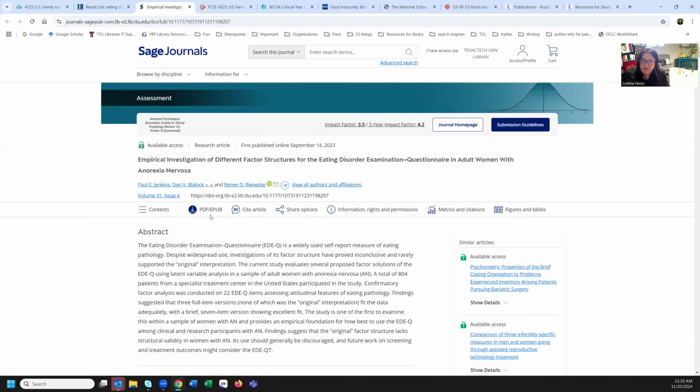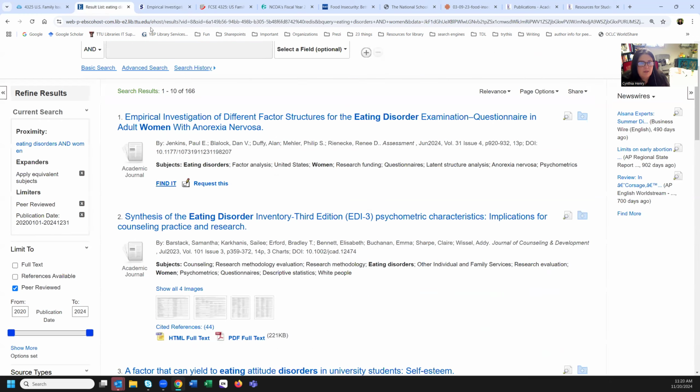So all of that, if you ever land at a place where you think you should be able to read the article and you just can't seem to figure it out, send me the link and let me see if I can help you find that, because that's what we're here for. I want you to be able to find the research that you're needing. And then